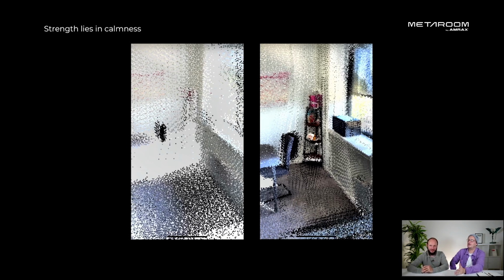Yes. So if we say a single room with 10, 15 square meters could be done in 1 minute, yes, it could. But rather even less, if you like. Even less, yeah. But rather take 2 minutes to make sure that you get every detail of most or of all objects, and then you will get a way better result. Even if you capture a space really in a lot of details, you might even avoid going there a second time. You will see later in Metaroom Workspace how you can access all this data that is captured,